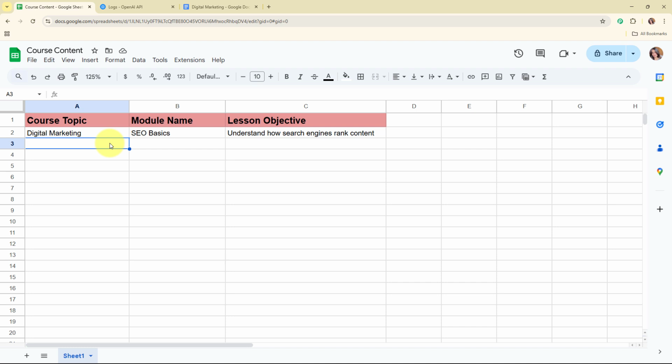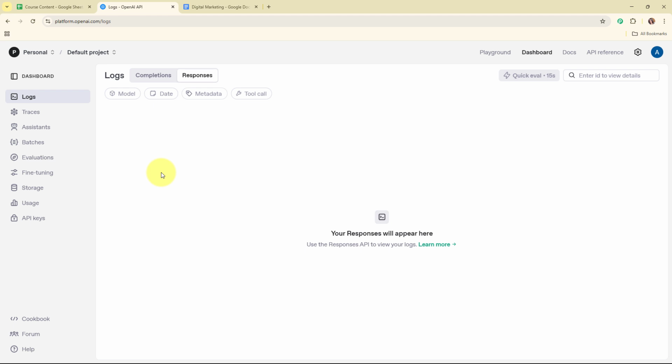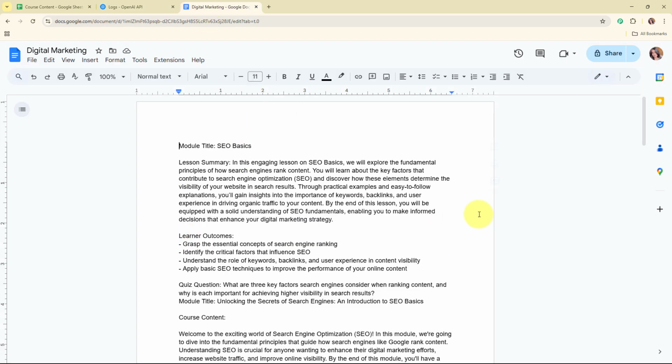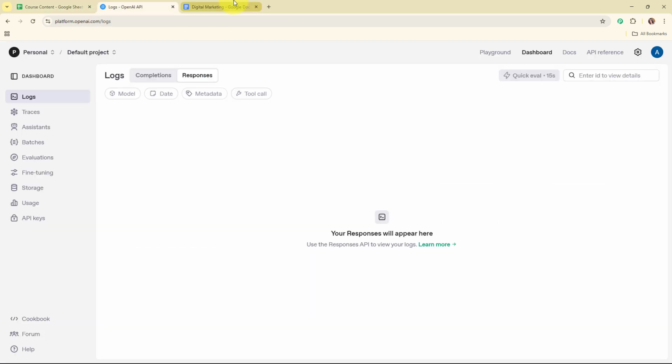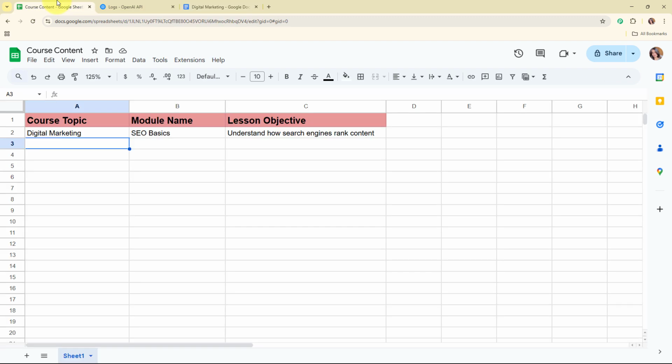Alright, so here on my screen you can see my Google Sheet that I've already created with the name course content, and here you can see the fields that I've added over here. So now here my objective is, as soon as I'm going to add a new detail over here in my Google Sheets, then automatically using the details, OpenAI should generate the course content, and after generating the course content, automatically that should be saved as a new document in my Google Docs account like this. Alright, so now here I've already built an automation where I've connected my Google Sheets with my OpenAI account and Google Docs using an automation software.